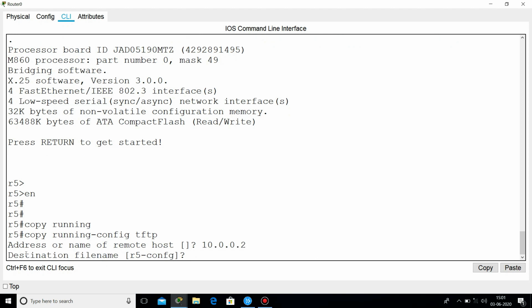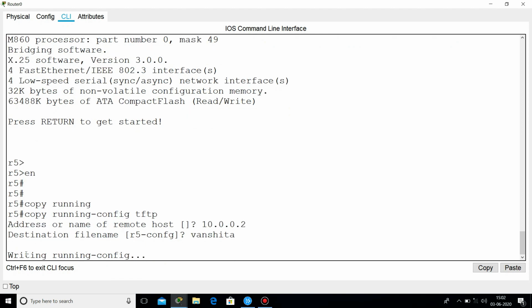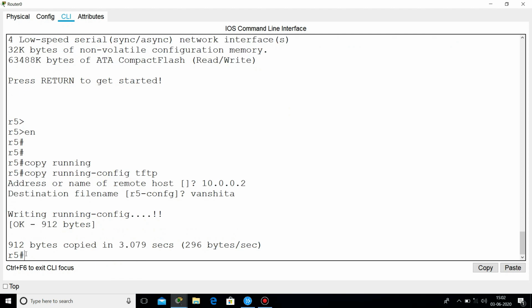When I hit enter, it will ask whether you want to change the destination file name. If you want to change it, give a new name, otherwise no need. I want to give the name Vanshita so that I can easily identify it. I hit enter, then it shows writing running configuration to the TFTP server.